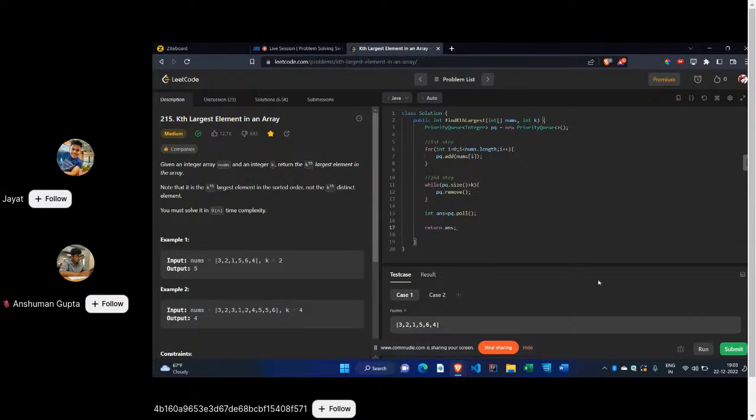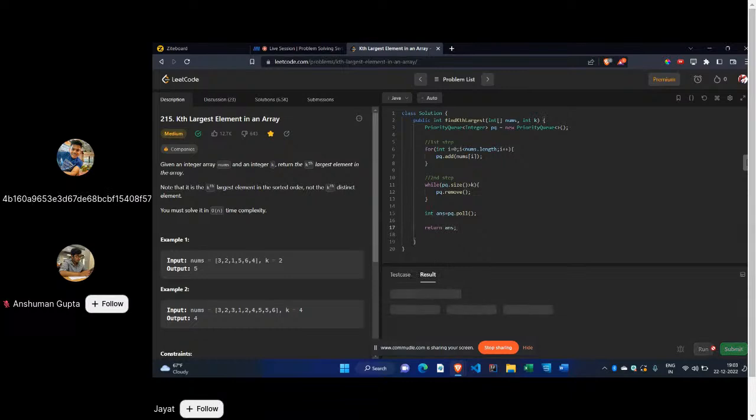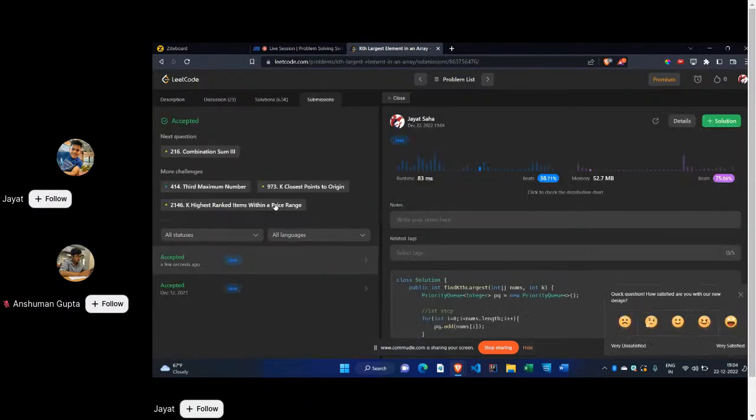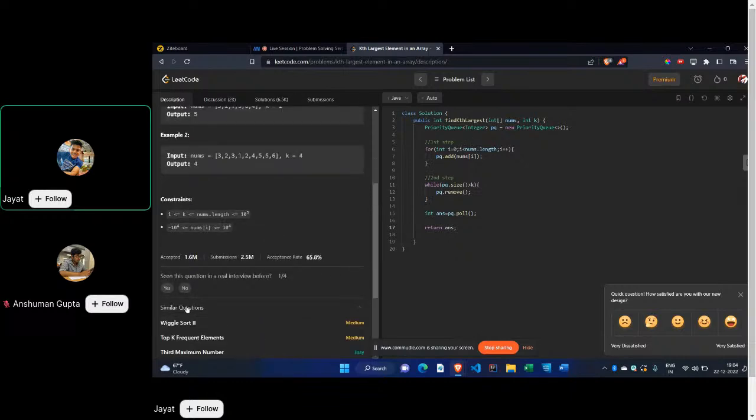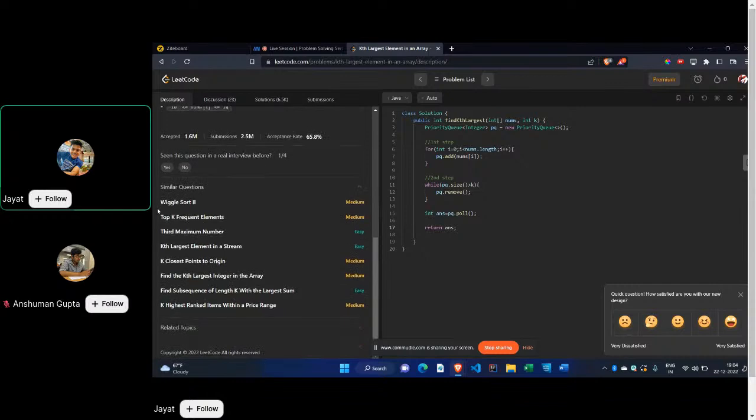Accepted, just submit it. And it is being accepted, okay. So this is the code here, you just take a screenshot. This is kth largest element. If you come down and give the similar question, you will find many questions in this way. Top k frequent element, third maximum number, kth largest element, k closest points to the origin, all these are very